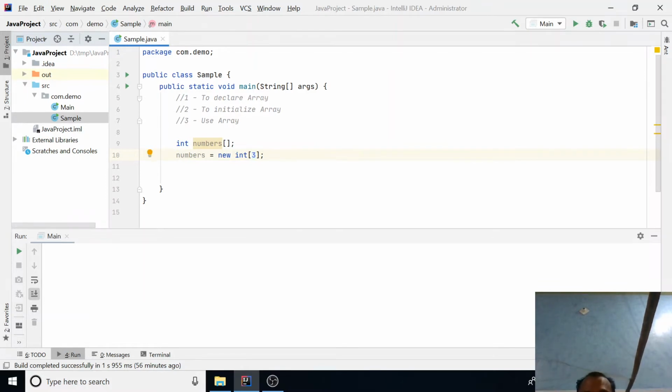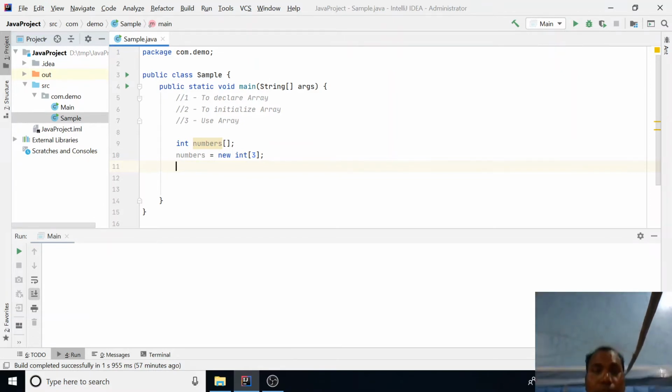But how to initialize? Initialization means now we are going to store actual values. Array stores values in the form of an index. Here we are initializing three elements. The array starts from position 0.